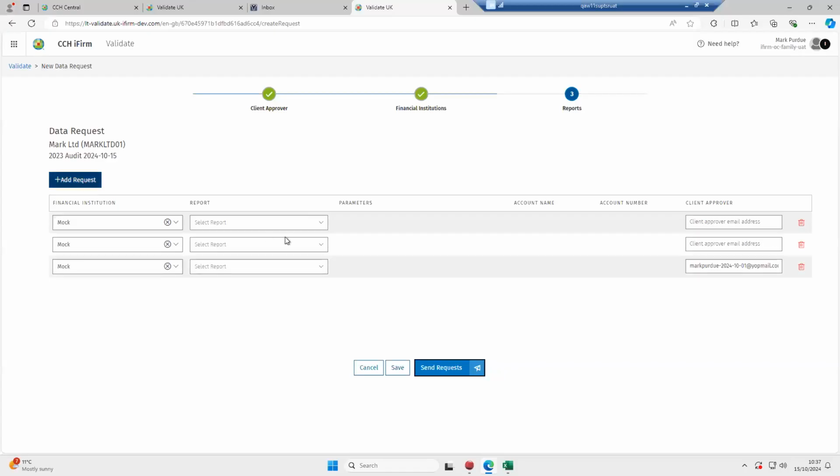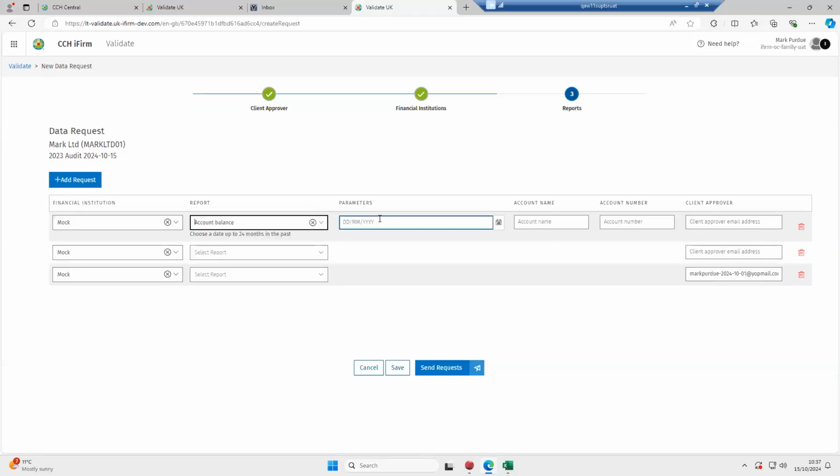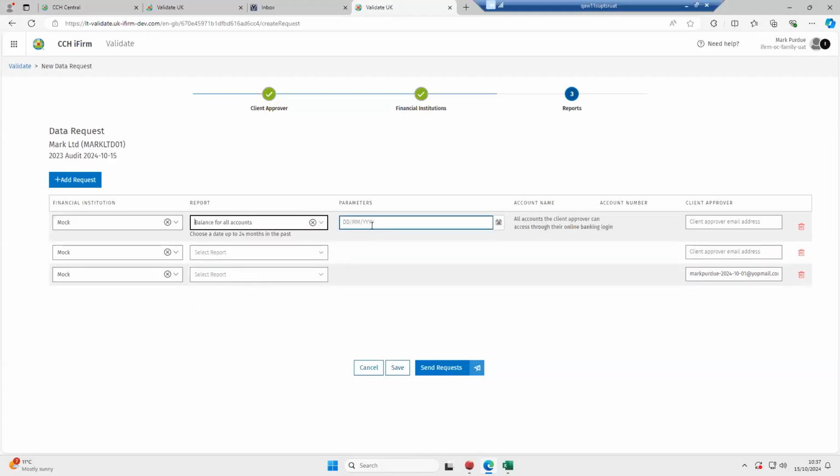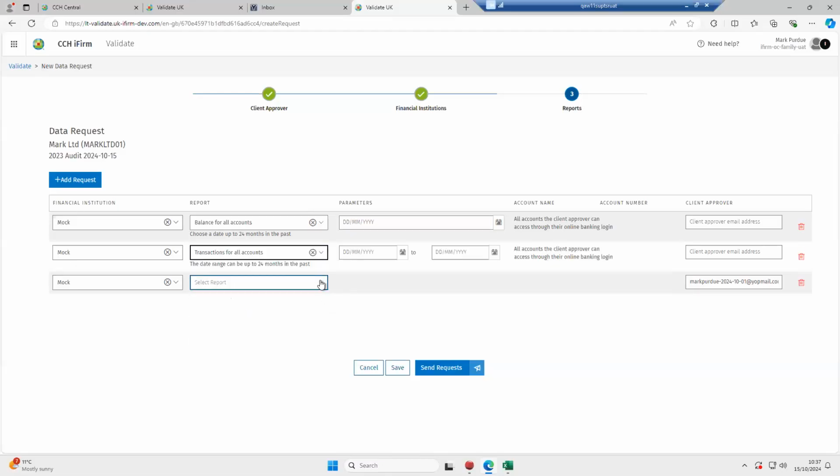There are a few reports you can make, but what I'm going to show you is three. If I know exactly what bank account I want details for, I can say account balance, and it will ask me the date I want the balance, the account name, and the account number. If I don't know what I want, then I can ask for balance for all accounts, and then it will just ask me for a date. I'm also going to ask for transactions for all accounts, and then also details for all accounts, which just returns a list of accounts with today's balance. So if I choose balance for accounts,